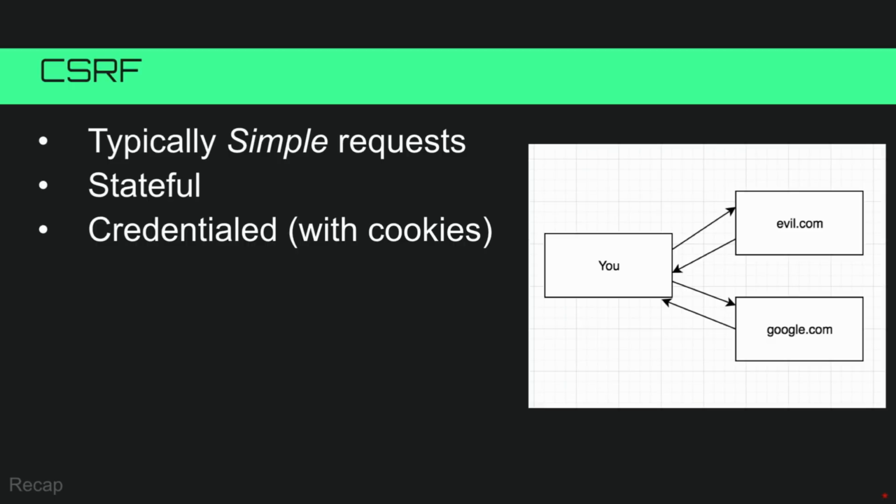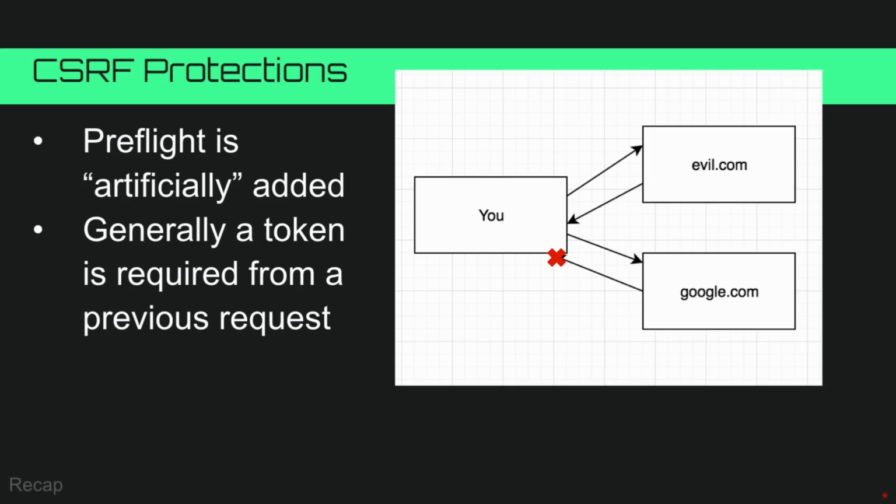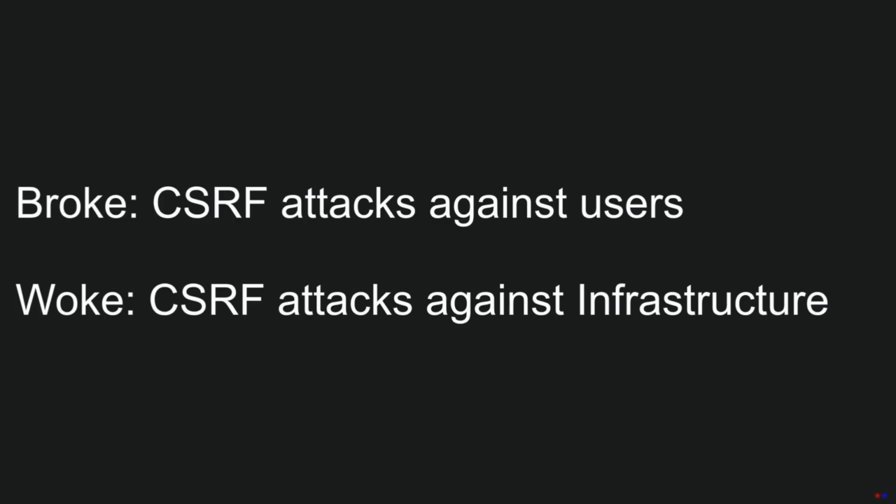Cross-site request forgery is a pretty well-known vulnerability that web application security people talk about. Typically, these are simple requests which will include a version of state. When you try and protect against these, generally what you're adding is this pre-flight. You're adding a version of the pre-flight artificially by trying to ensure that there's some value that the client knew ahead of time before sending the request to origin. Wrapping back, we're trying to basically talk about